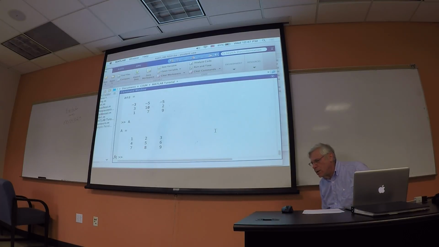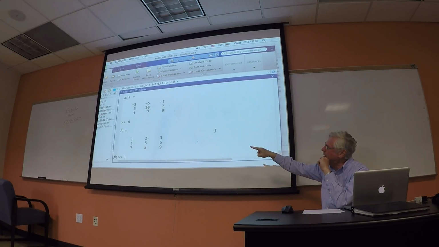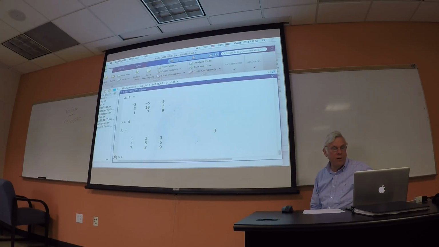Remember I just said that in mathematics, if you have a 3 by 3 matrix A, strictly speaking, if I say A plus 2, it makes no sense, right? I can't add a scalar 2, which is a 1 by 1, to a 3 by 3. But many times, okay, what you want to do, and this better be your intention, is that you like to add the same scalar to every element of a matrix, okay? That operation happens so often that MATLAB kind of violates the rules of mathematics and does that. So it's not going to object when I do A plus 2. What will it do? It'll take every element of the matrix A and add 2 to it. So I'll get in the first row 3, 4, 5, last row 9, 10, 11. Okay? So this is basically a violation of